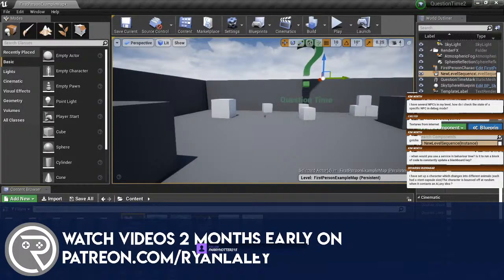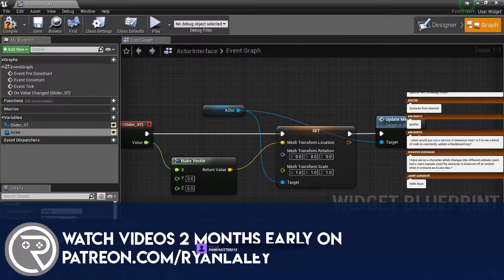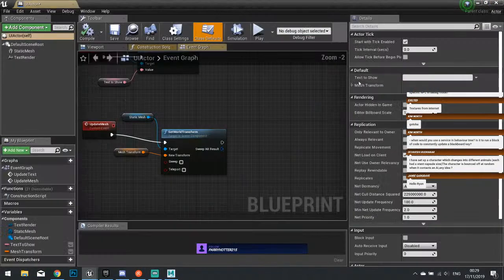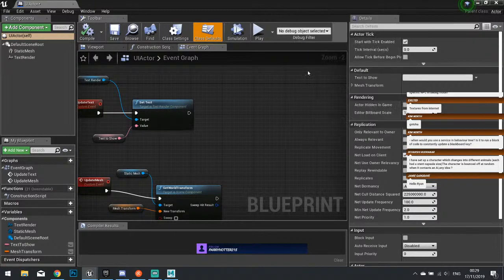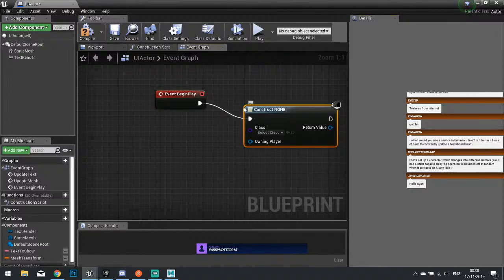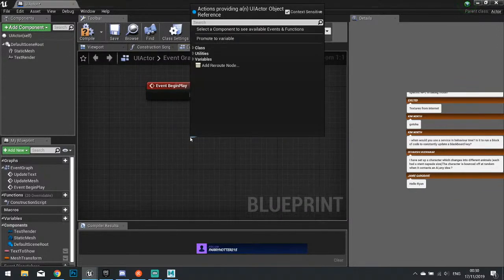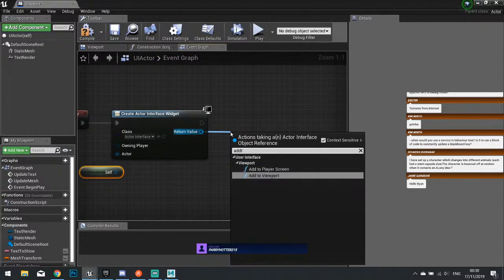Compile. So with that, we need to then tie UI actor to this actor interface. So back on this, we need to make the actor here editable and exposed on spawn. And then on here, begin play. Create the widget. Actor interface. Actor is going to be self, and we need to add that to viewport,